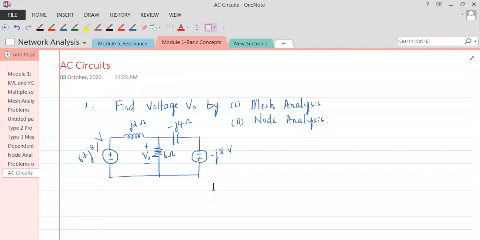The only thing that we need to be a little careful about is this J term. These J terms are imaginary numbers. Till now we were all dealing with real numbers. Now, since we have got into AC circuits, alternating current circuits, we have to deal with complex entities, and dealing with complex entities is the challenge here.